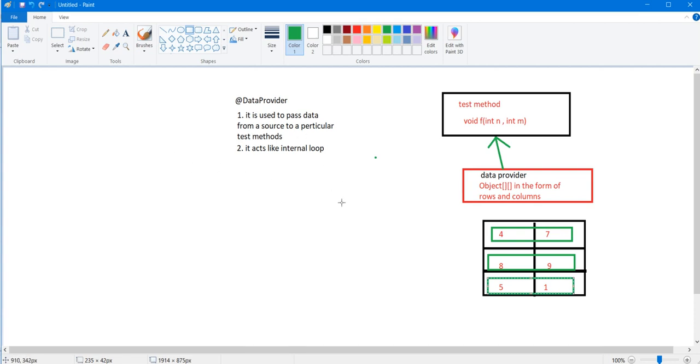We'll see this when we discuss it in detail while doing the coding part. Another thing that I need to show you is that the number of iterations depends upon the number of rows generated in the data provider. The number of rows it has is the number of iterations. I hope you get an idea, guys, of the basics of using this data provider. We'll discuss it in detail while we're doing the coding section, which will give you more understanding of it. So till then, happy Selenium, guys.